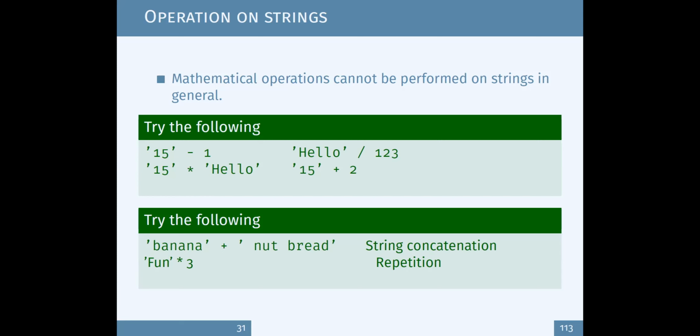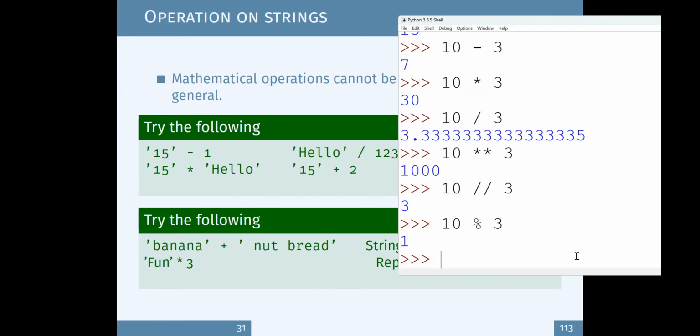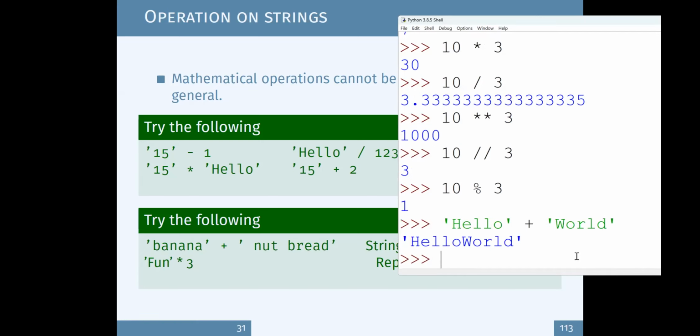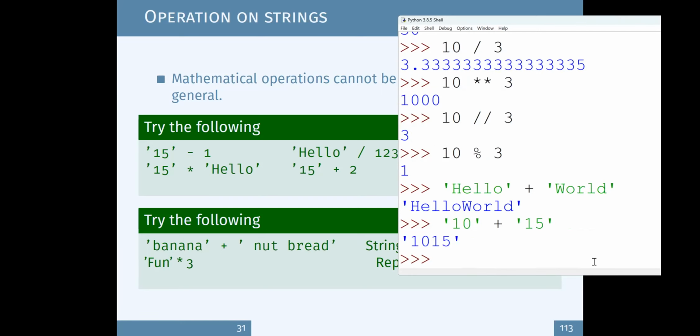For example, if I go with some examples, we can say hello, you can have it like this plus world. You can see it glues together, right? Even the numbers like this, it glues together, combining the two things together. So that's what we call string concatenation.